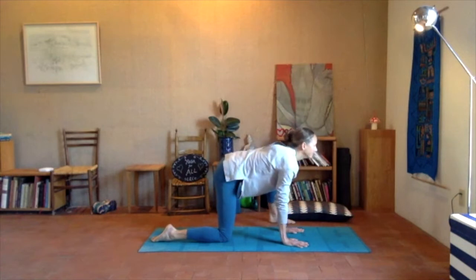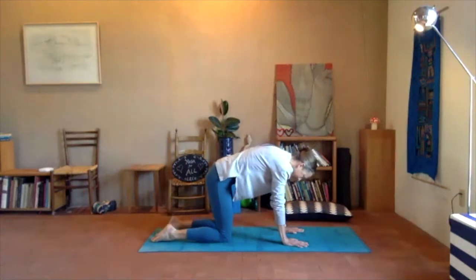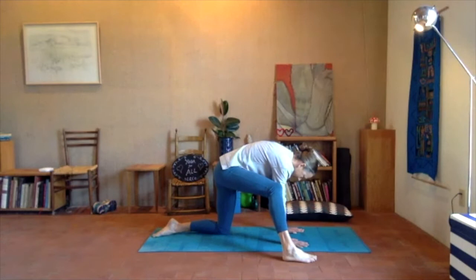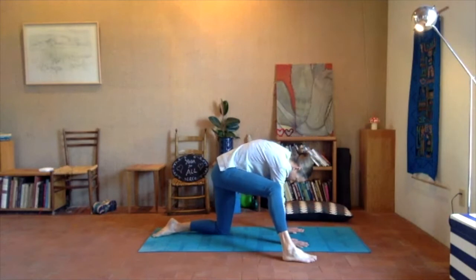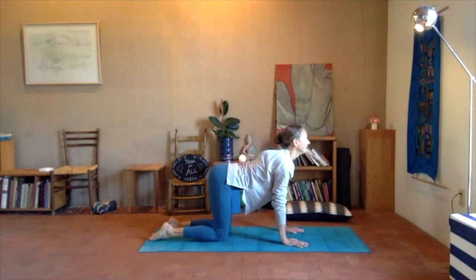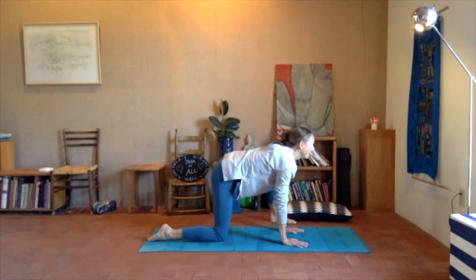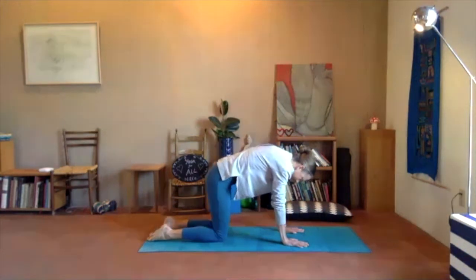Inhale, cow. Exhale, cat. Hold the breath, slide the left foot back, breathe into cow, good, exhale cat, holding the breath, step the right foot forward, inhale cow, exhale cat, hold the breath, slide that right foot back, breathe in, cow pose, good, exhale cat, really stretch the back, hold the breath and step the left foot forward, inhale cow, exhale cat, slide the left foot back, breathe in, cow,